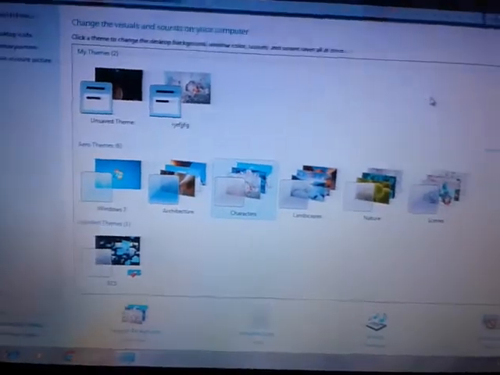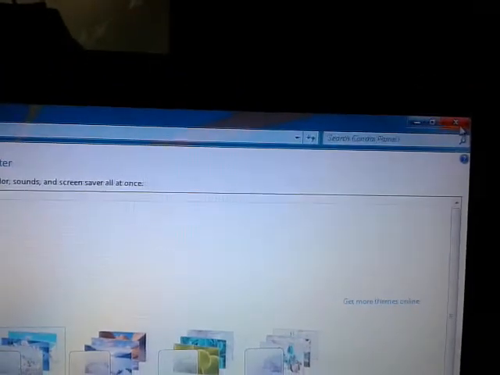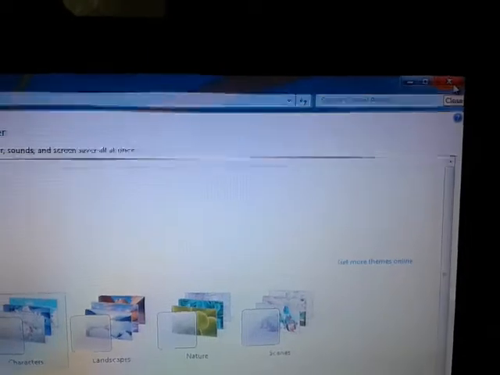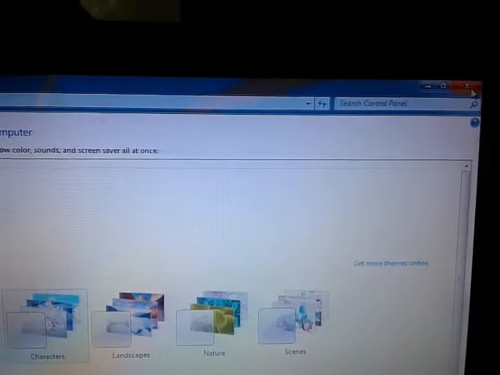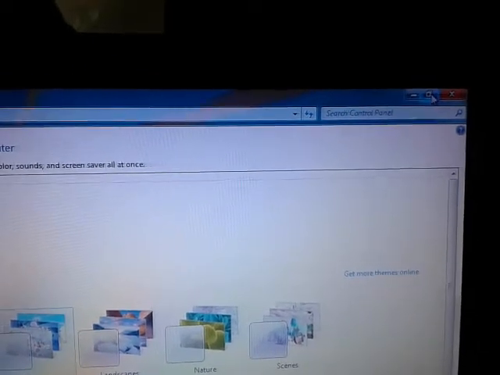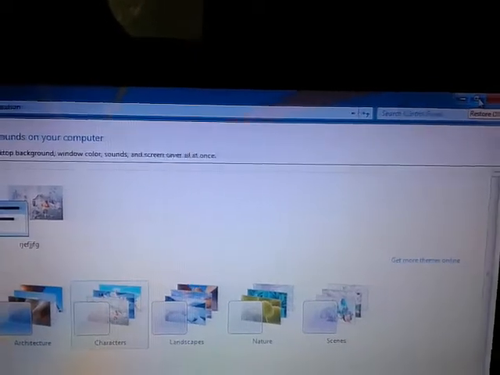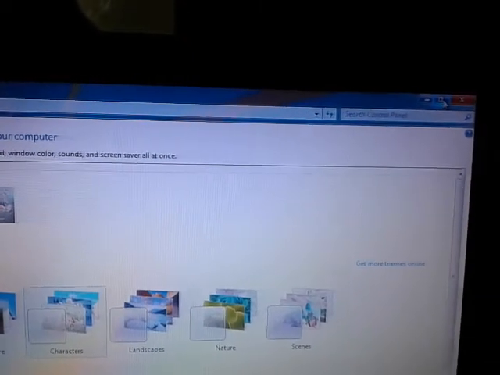Now if I don't want to change it again, if I don't want to work on this window, I can close it. Close is the last red button with a cross. This is close. On closing it, this window will get shut. It will get closed. And the one in the middle is the maximize or the restore button. I will show you before closing it. I will show you what happens on restoring.